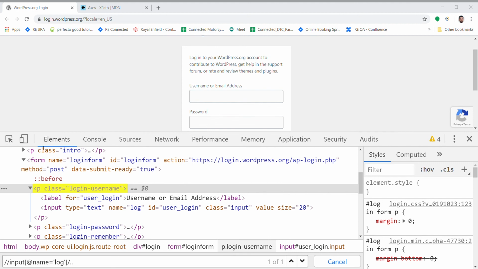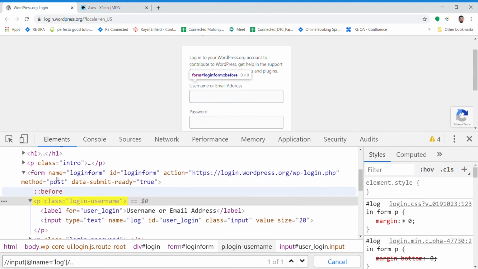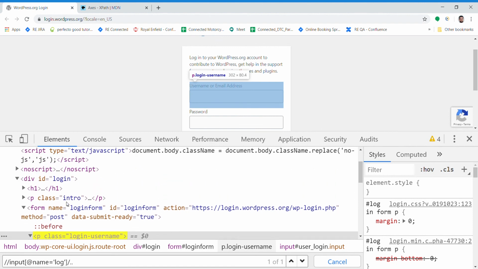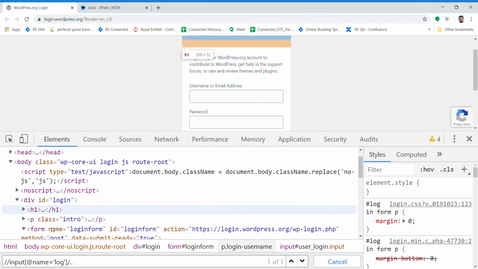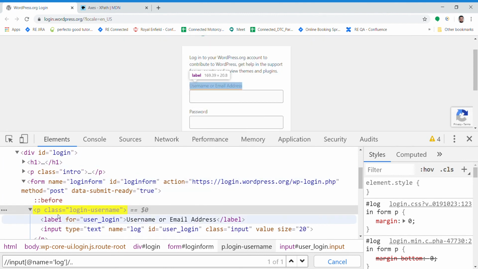Okay, so there are two types of XPath: the absolute XPath and the relative XPath. The difference is that the absolute XPath actually starts from the root node. So if we have to identify this element, we have to first identify the root node, HTML, then we go to this and this, right? And then we have to traverse back to here.